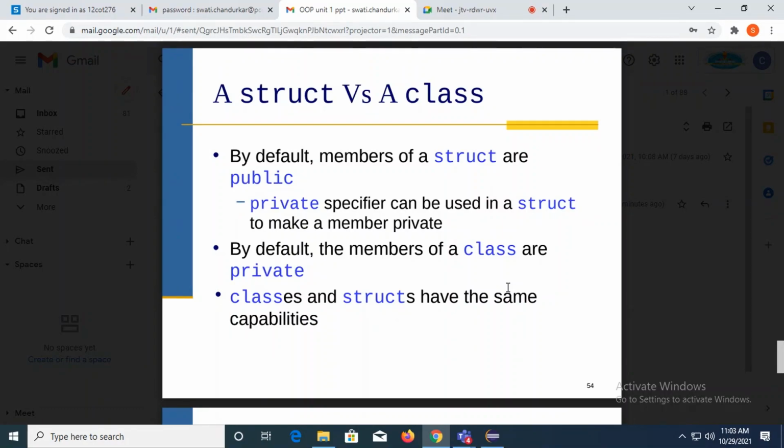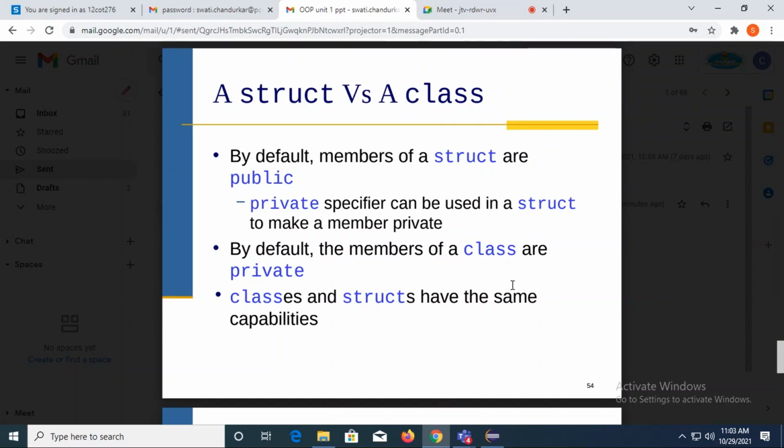When we move ahead to the object oriented language Java, in that case the default visibility of data members is public. So this is what we are talking about with respect to visibility in structures, classes in C++, and Java.